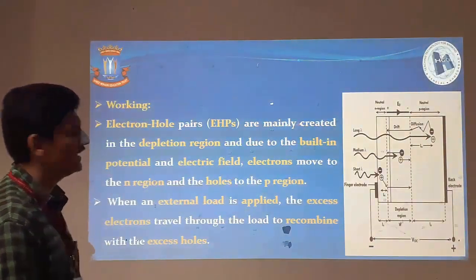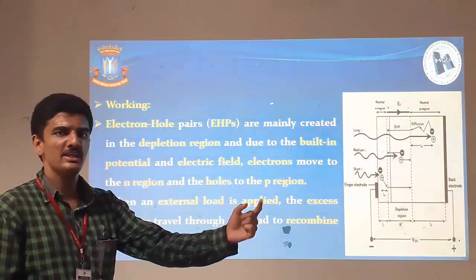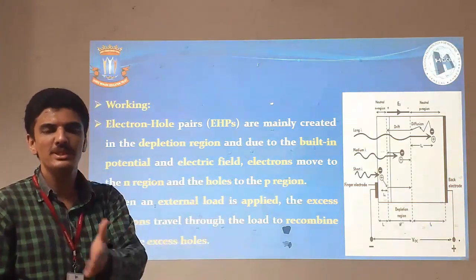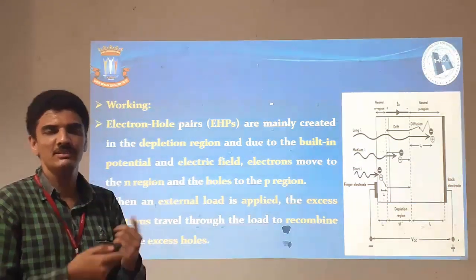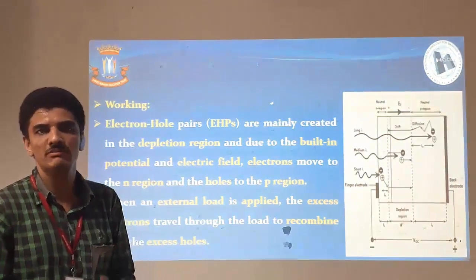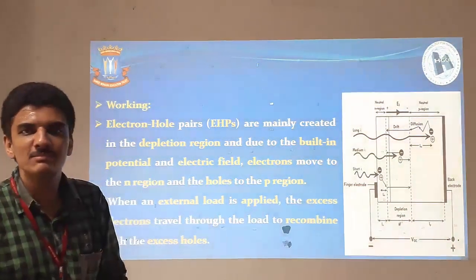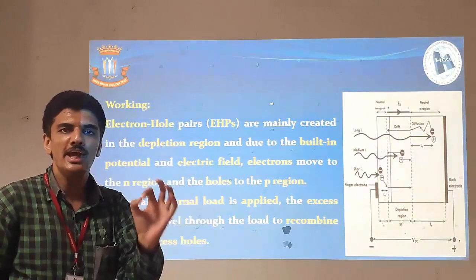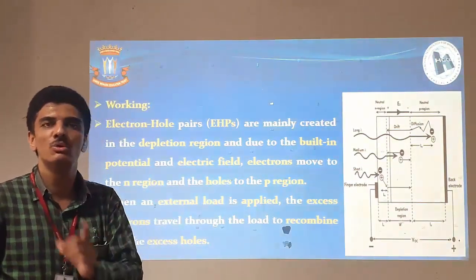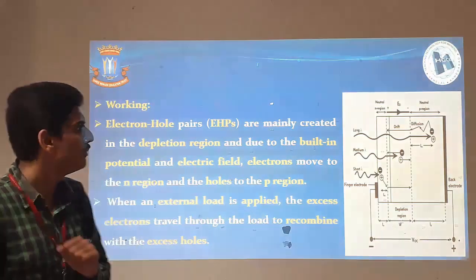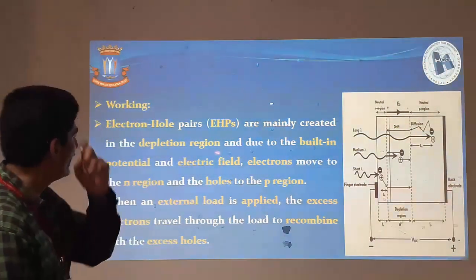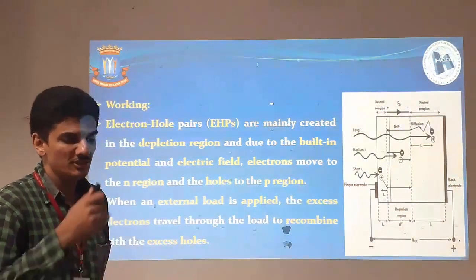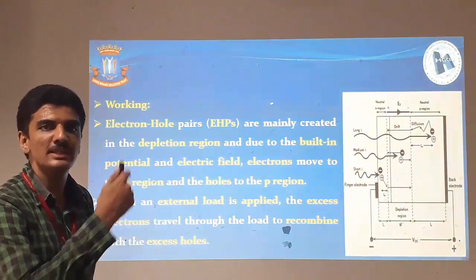Now let us look at the working, how the solar light will interact with your fabricated solar cell, that means the N-type material and P-type material, and how this solar cell will work when the photon radiation is incident on it. So the basic mechanism on which we are going to see this whole phenomenon is known as the EHP, that is the electron hole pair generation. So that is the most important criterion. Electron hole pairs are mainly created in the depletion region, where the depletion region lies just above the P-type region, that is the P-type silicon.